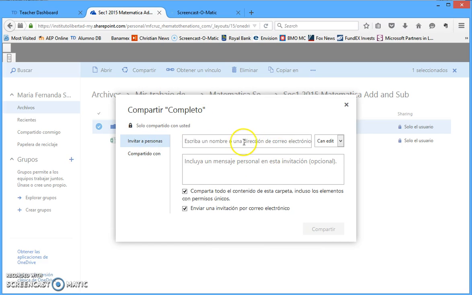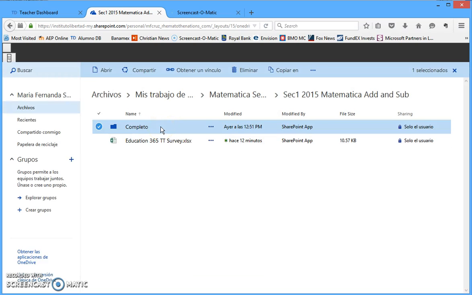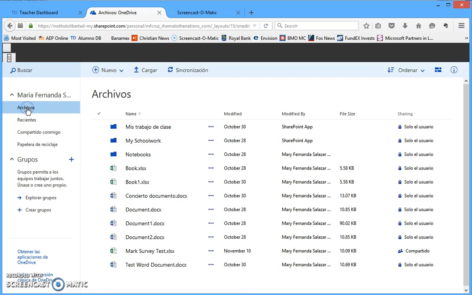click on here. I can put in an email address here and include a message. And then what will happen is, when I click on share, it will automatically send that email to that person, and then they will have access to the information in here. Now, this is a very powerful thing that we can do, but we really shouldn't be sharing our folders and directories with other people unless it's something where we're collaborating with them on it. Now, for now, that's all that we're going to be looking at in this whole area of